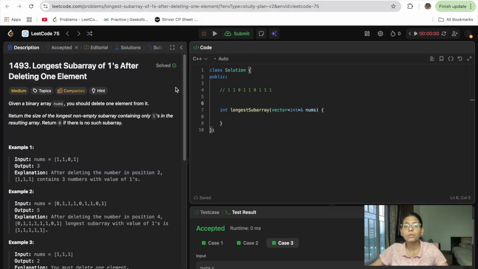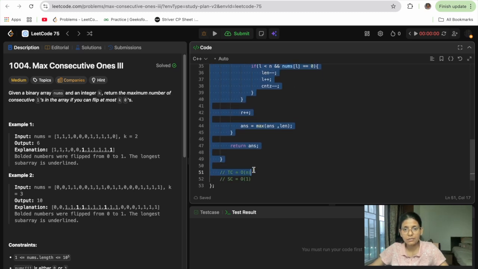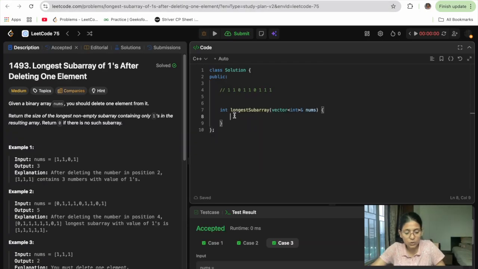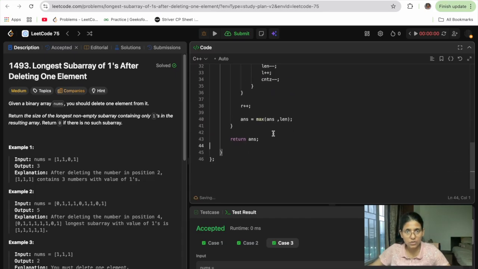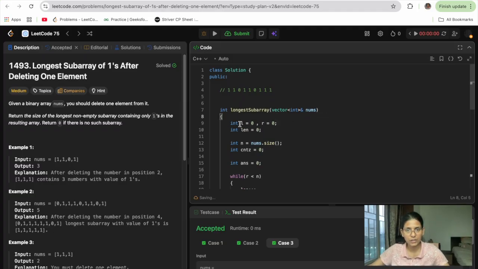So what will be the intuition behind it? Let's take that code, because I have explained that code in that video, and I don't want to repeat it. For this question, I'll tell you how I'm using this code. I'm using a two pointer approach, where I'm taking a left pointer and a right pointer, and I'm taking len equal to 0 because I don't want to make it complicated with r minus l plus 1, or r minus l, or r minus l minus 1.